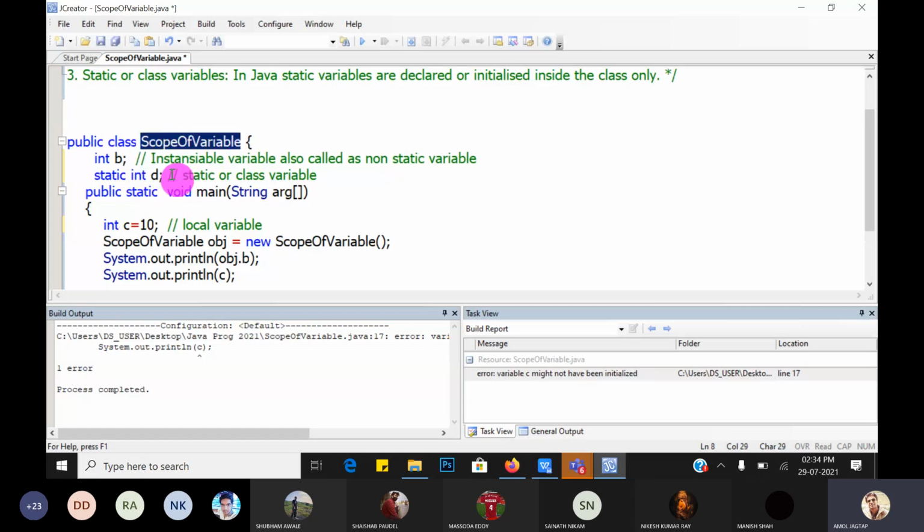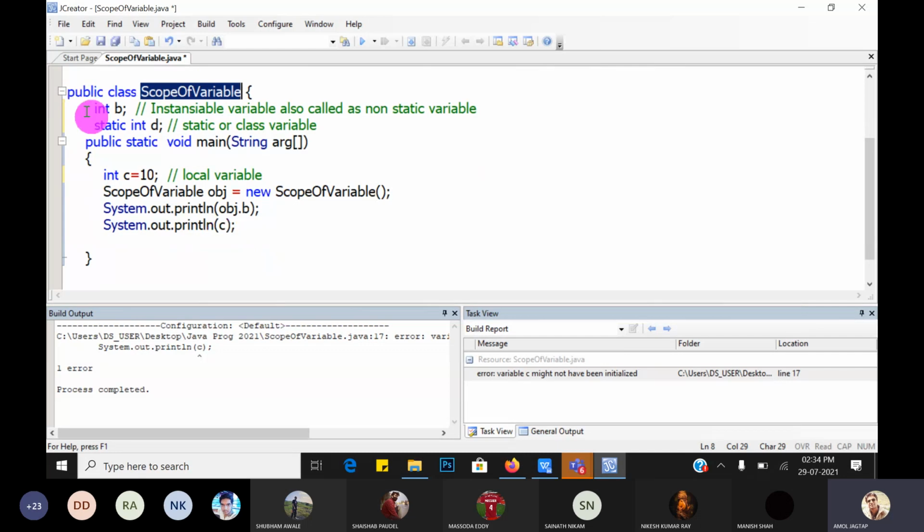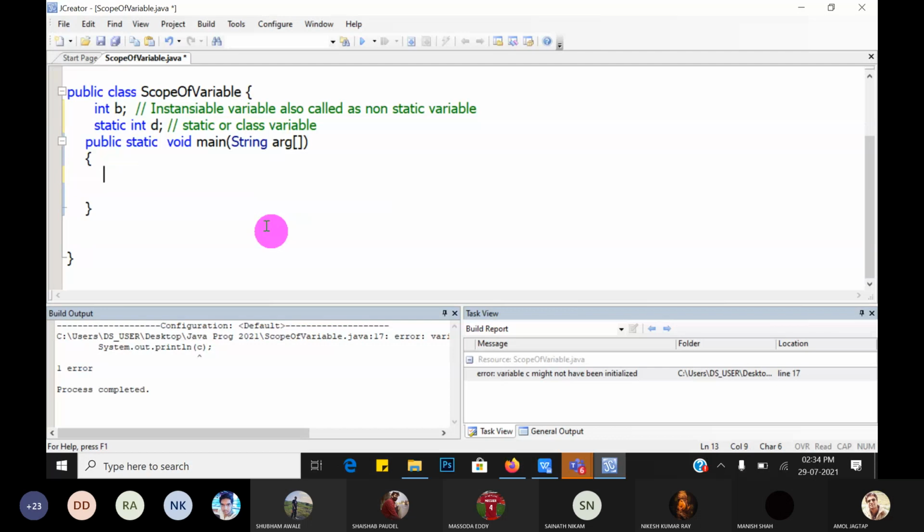We cannot use an instance; there is no need to create an instance. So guys, now we will focus on only static members. So let's check. System.out.println, and just access the d variable.